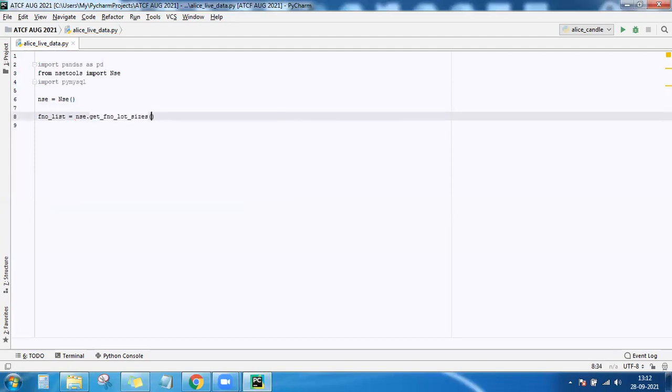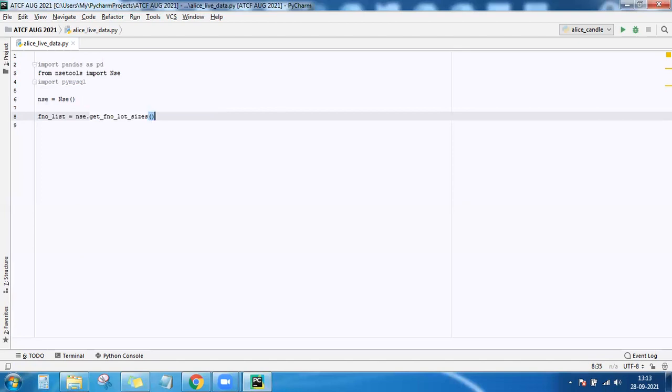So this FNO lot sizes function gives you a dictionary where the keys will be the stock names, whichever fall under the FNO segment, and the values will be the lot size of the individual contract. I don't want the entire dictionary. I just want the names of those stocks which fall under the FNO segment.